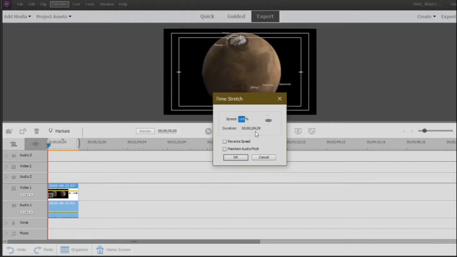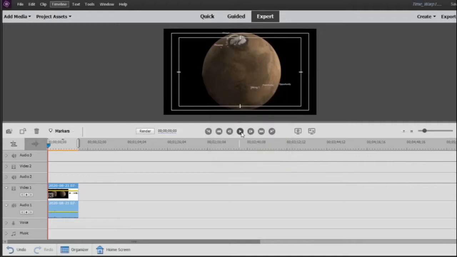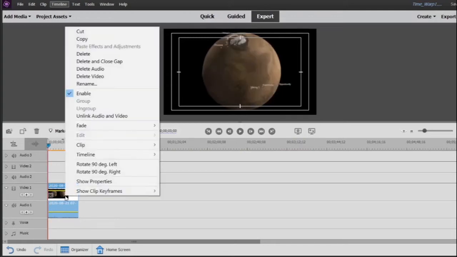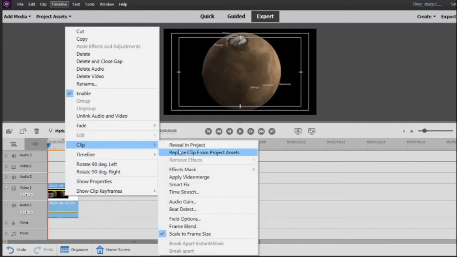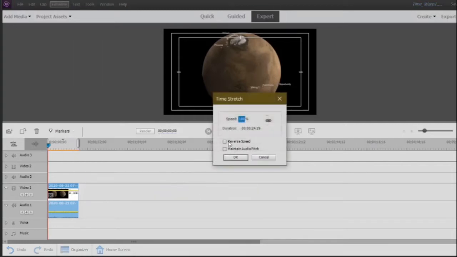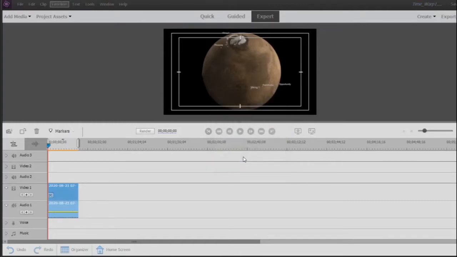What I have not shown you before is how you can reverse the clip, which means that when it plays forward, so to speak, in one direction, like it is now, I can go back, right click, hit the clip option and time stretch, and then check this box here that says reverse speed. I'm going to hit OK on this, and suddenly it goes to the end of the clip,